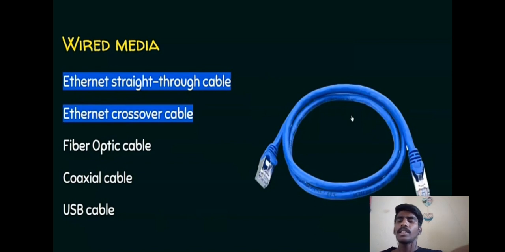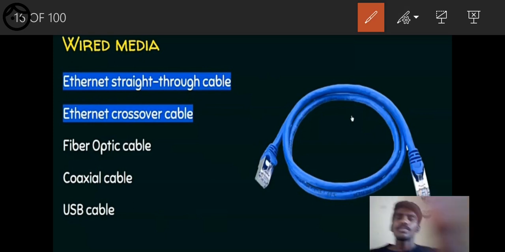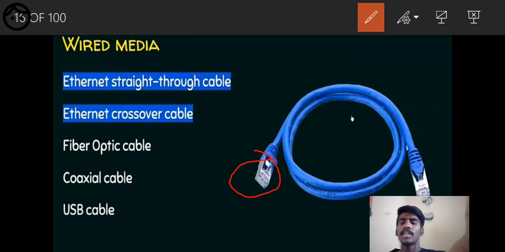Ethernet cable is again divided into two types, especially Ethernet straight through cable and Ethernet crossover cable. I will tell you what is the difference. So I think you all are aware of the terms STP and UTP. STP is nothing but shielded type, whereas UTP is unshielded type. So you can see, if you remove these pins, then you could see the wires inside.